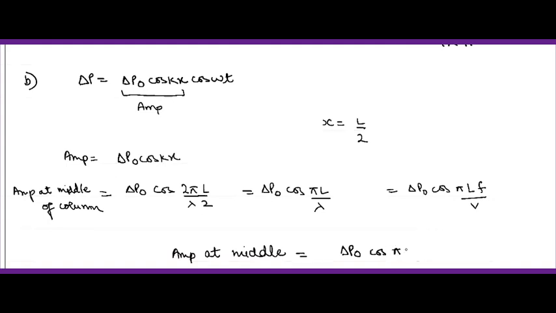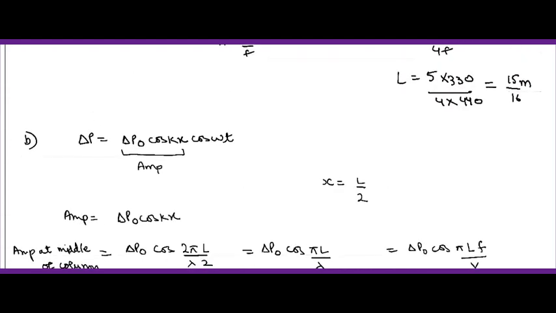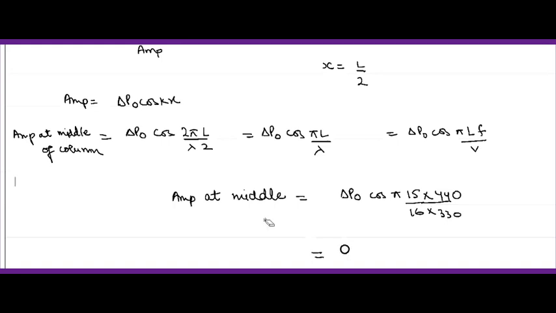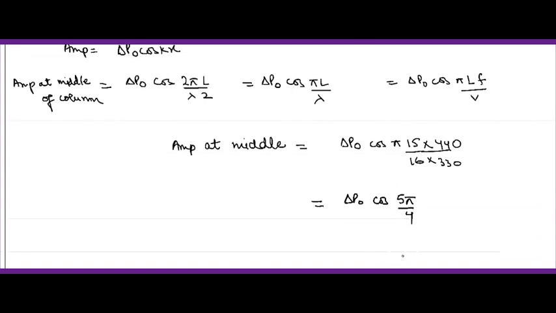cos π, L की हमने क्या वैल्यू निकाली थी, 15/16 निकाली थी, और v क्या था हमारा, v था 330, और हमारा f था कितना, 440। तो इस पूरे को हम सॉल्व करेंगे, कितना आएगा, Δp₀ cos(5π/4)। ठीक है, cos(5π/4) क्या होता है, 1/√2 होता है, तो ये हो गया Δp₀/√2। तो इतना आ जाएगा मेरा एम्पलीट्यूड एट मिडल ऑफ एयर कॉलम।